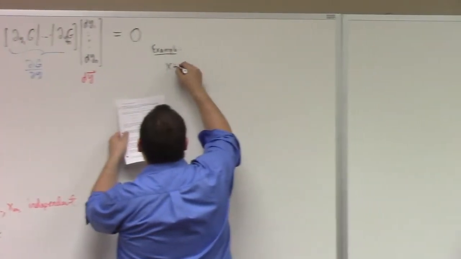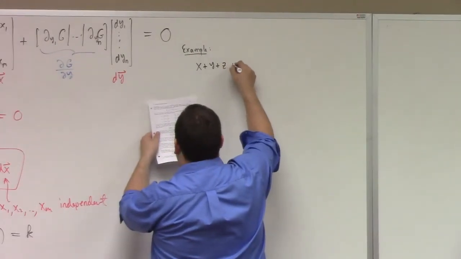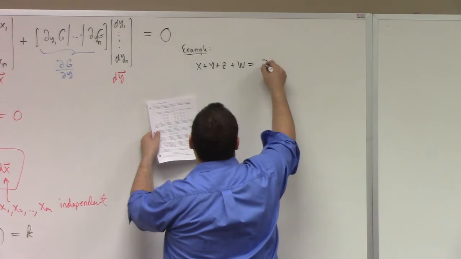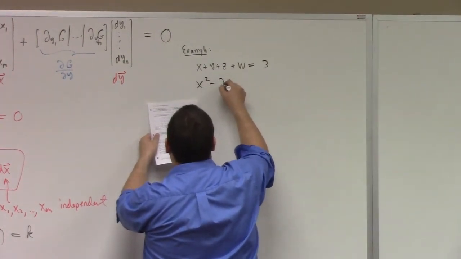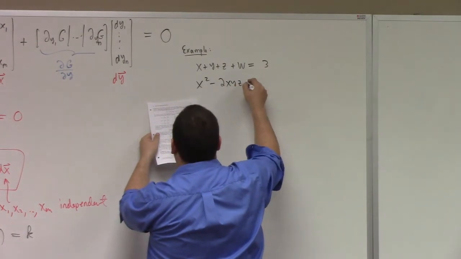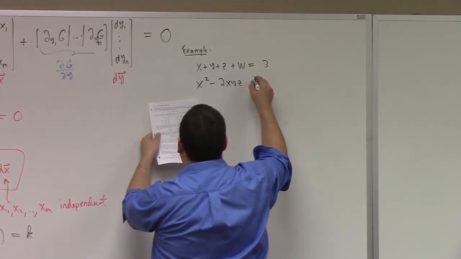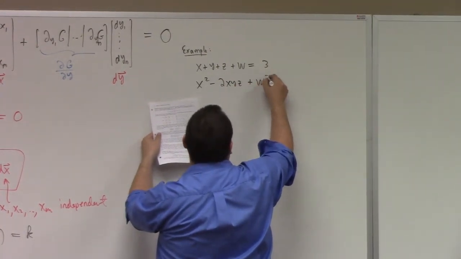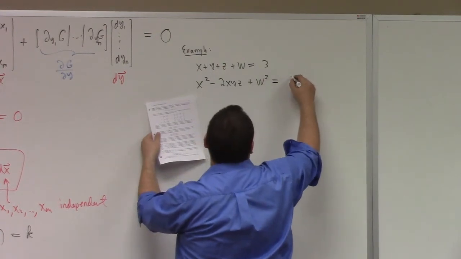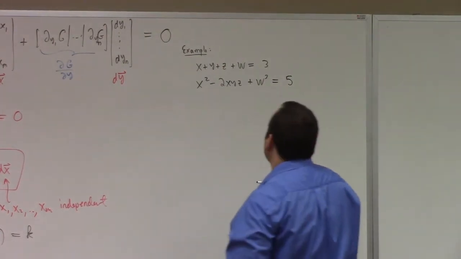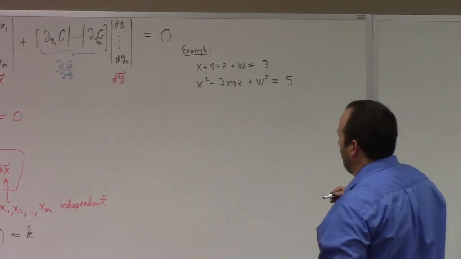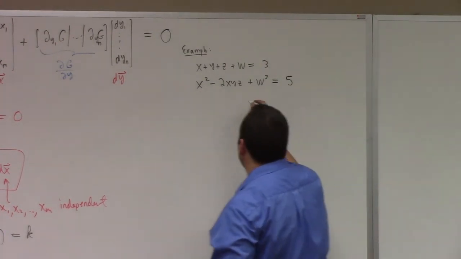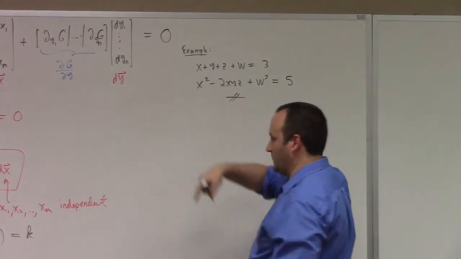So if we've got x plus y plus z plus w equals 3, and I think I did some of this last time. Maybe I shouldn't do this. x squared minus, I'll try to go fast, 2xyz plus w cubed equals, I think I actually did this last time, right? More or less. So if I wanted to, but maybe this time just to drive this point home,